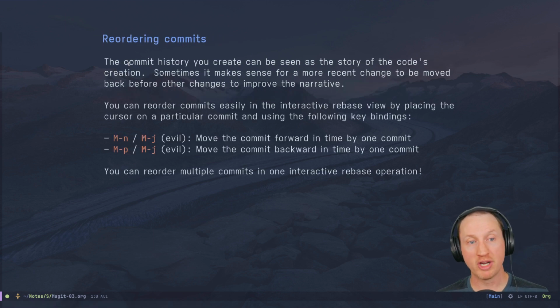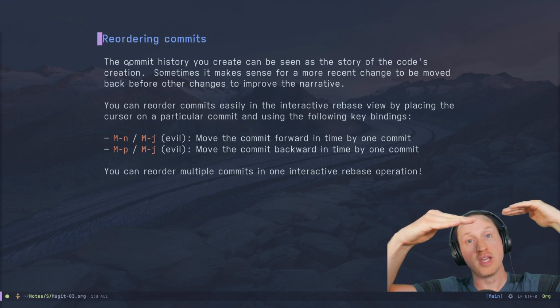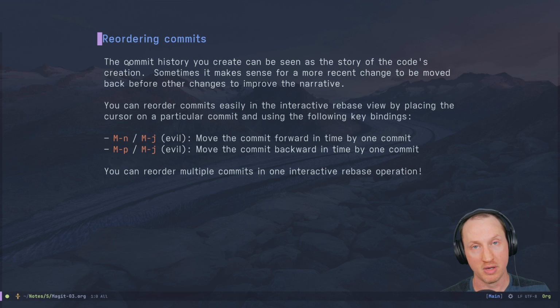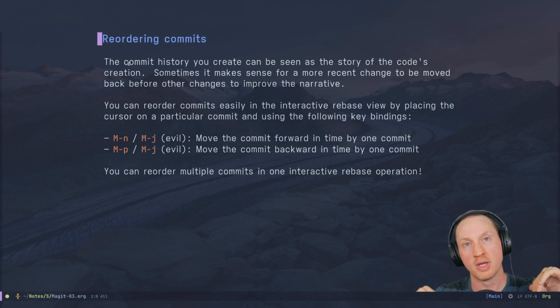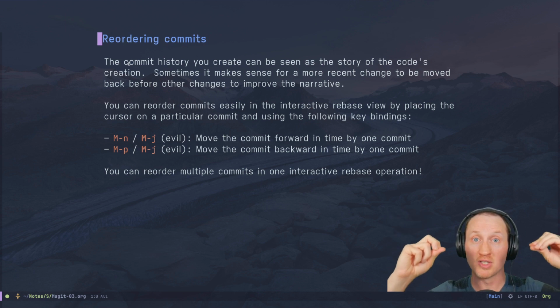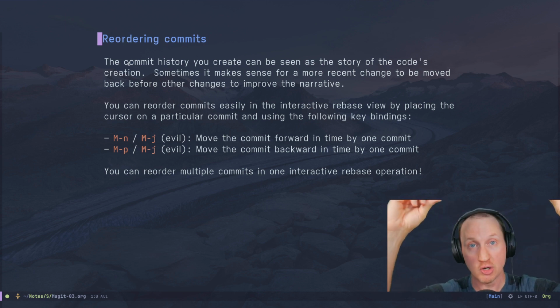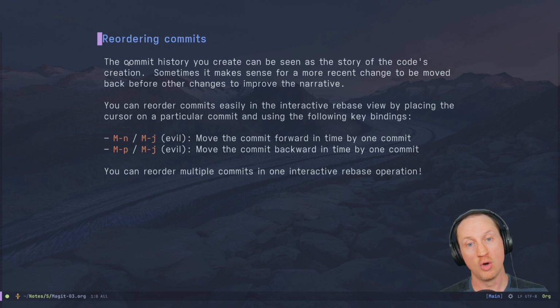All right, reordering commits. So now the commit history you create can be seen as the story of the code's creation. So sometimes it makes sense for a more recent change to be moved back before the earlier changes to improve the narrative. Whenever you're making commits in your repository, you're basically adding changes on top of changes, and you're describing each of those changes. But if one of your changes makes sense to become first, because maybe there's some core behavior or core functionality you're adding, and you want to make that earlier in the history of your code,